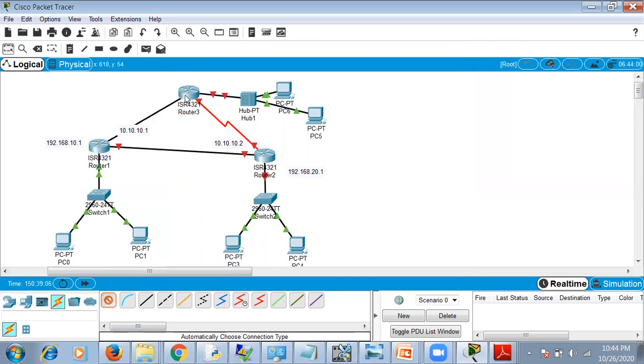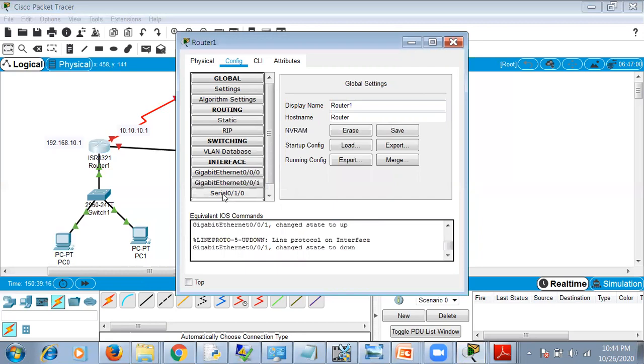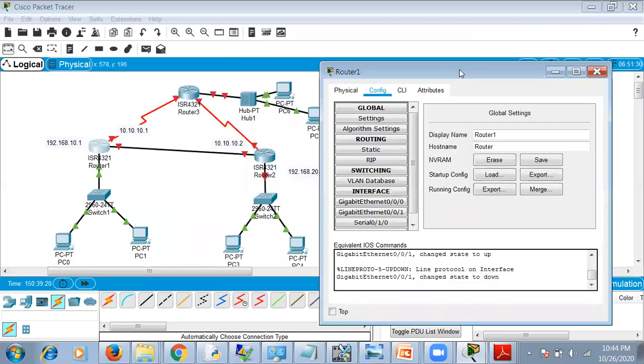Now again, I will do it for this one. So now we'll set the IP address. This is 0/1/0. So now this is one LAN, this is another LAN. So this is 20 and this is 30.